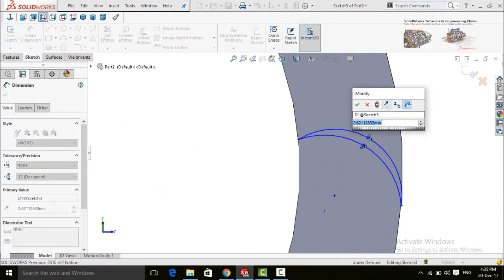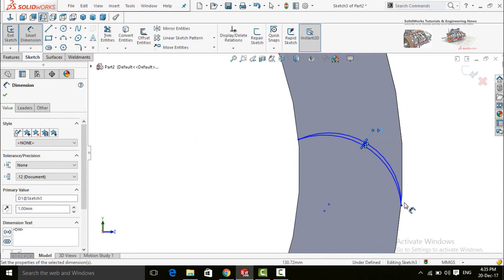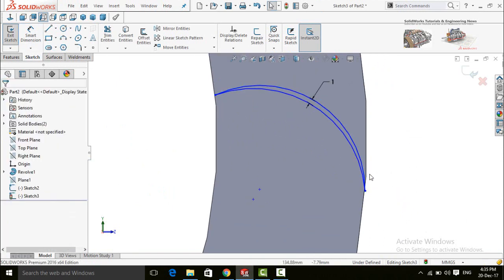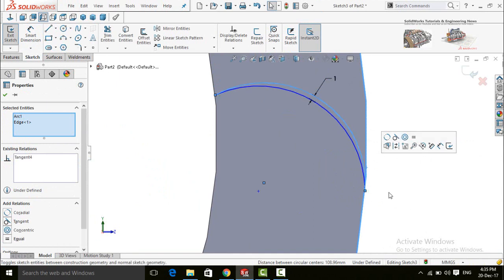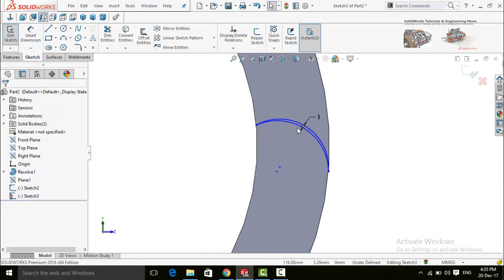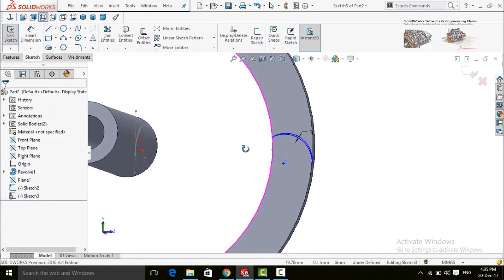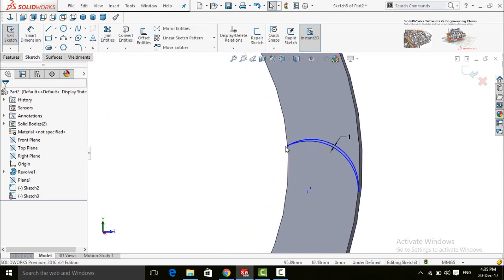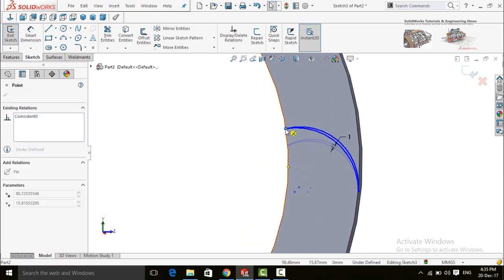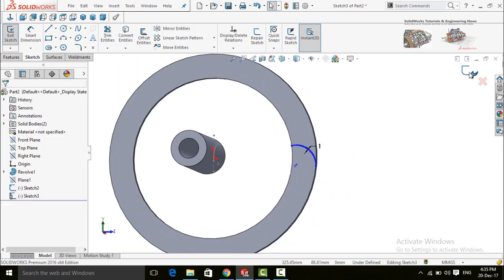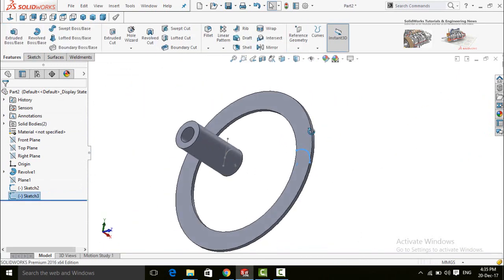This distance is 1 millimeter. Select this arc and then this circle and make their relation tangent. Now save and exit from sketch.